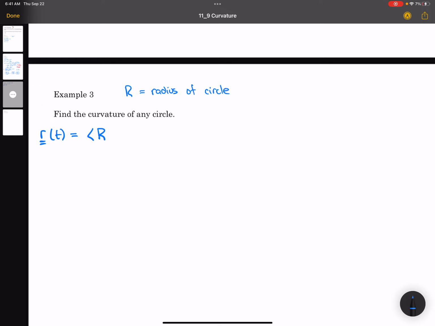Then the x component is R cosine t, and the y component is R sine t. So our derivative is equal to negative R sine t and R cosine t, and the magnitude of this vector